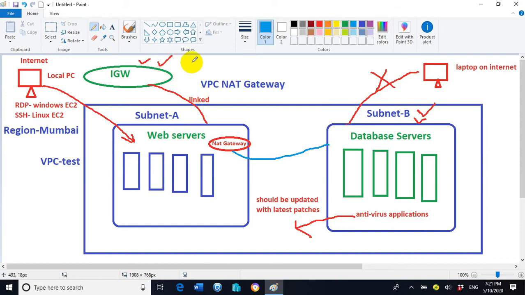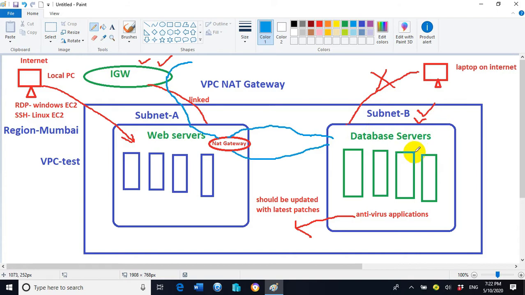So internet is coming through the internet gateway on subnet A. Then from subnet A, here we have a NAT gateway. Through the NAT gateway, the internet is passing to subnet B. Now all the EC2 instances, which are the database servers located inside subnet B, can get internet access.